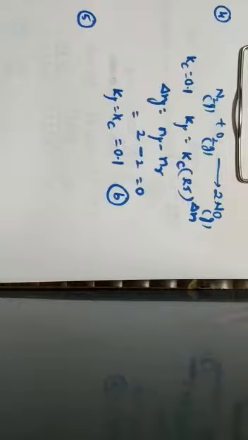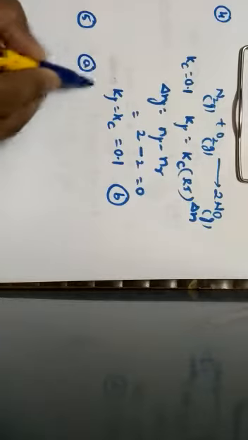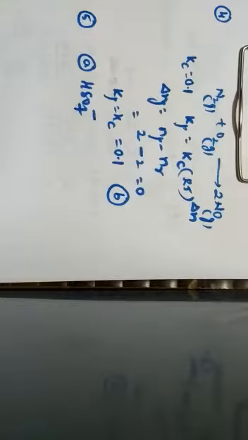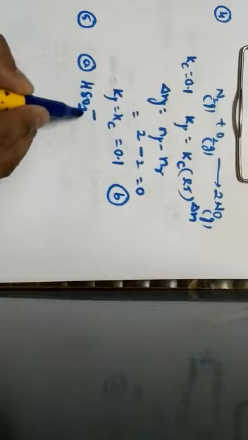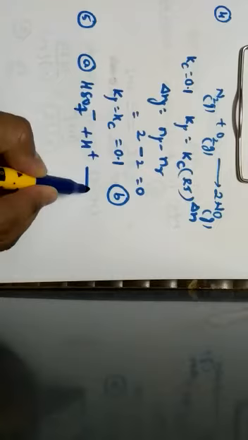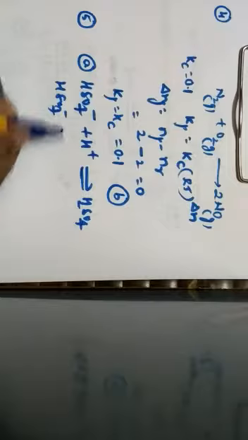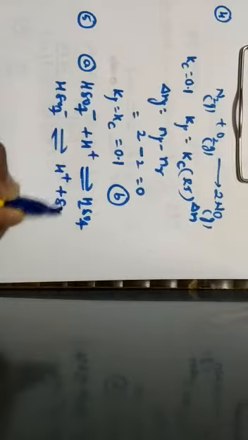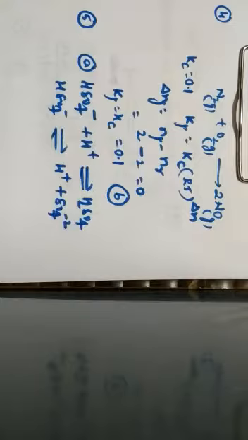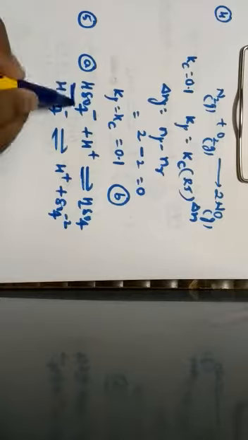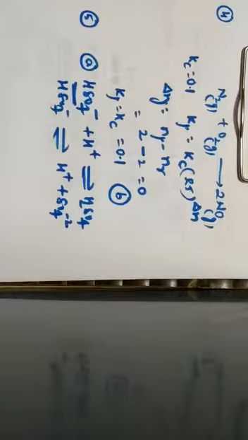Next one, question number 5. The species among the following which can act as an acid and a base. Here it has to act as an acid as well as a base. According to this, the correct option is HSO4 minus. This HSO4 minus can accept a proton. When it accepts a proton, it forms H2SO4. When the same HSO4 minus donates a proton, it forms H plus as well as SO4 2 minus. Hence, if it donates H plus ion, it acts as an acid, and if it accepts H plus ion, it acts as a base. Hence, the correct answer is HSO4 minus, which is given by option A.